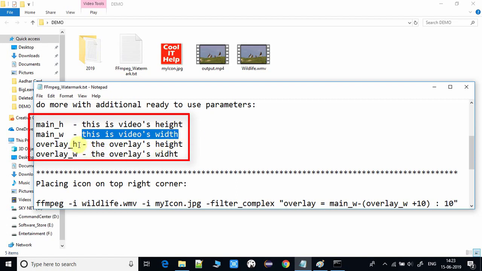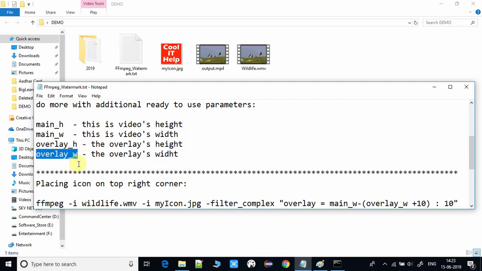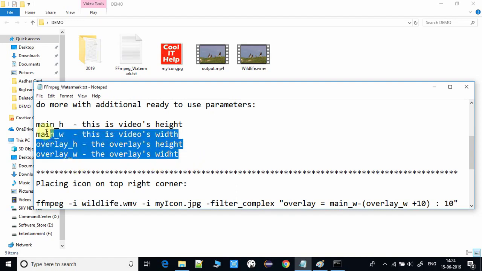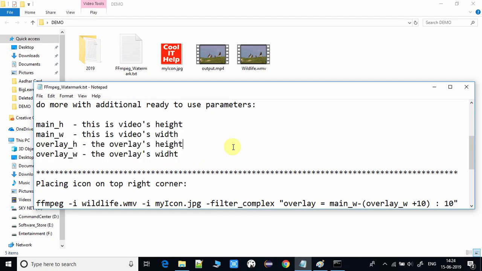And again we have one more useful thing, overlay_h. Whatever the icon image's height is will be referred to with the help of overlay_h, and the width will be referred to with the help of overlay_w. So these are the parameters, and I will show you how to use them.